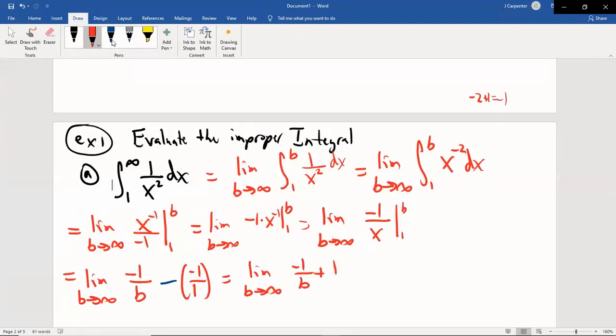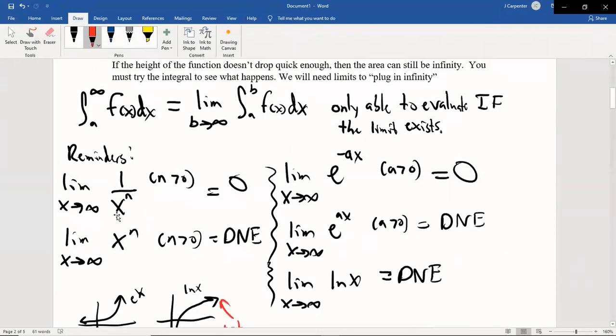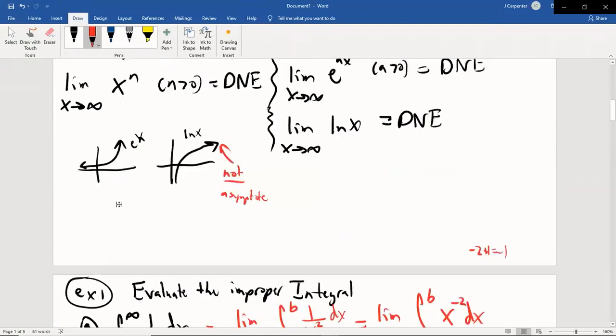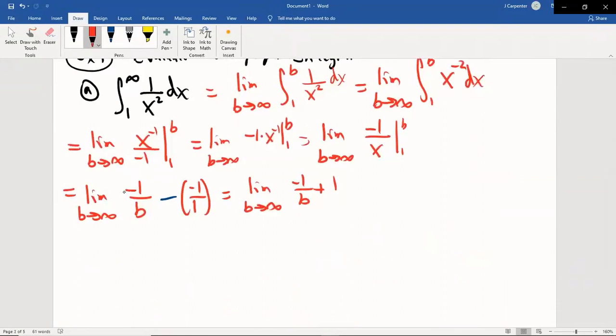We are now at the point where there's no more math to do. This is where we should be plugging in b. Now that b is in the bottom, and it doesn't have an exponent written, so it's a +1. And we said earlier, now we use x's instead of b's. It doesn't matter what letter this is. If you have 1 over something with a positive exponent, when you go to infinity, it goes to 0 because the bottom is going to get bigger and bigger and bigger, which makes the whole thing get smaller and smaller